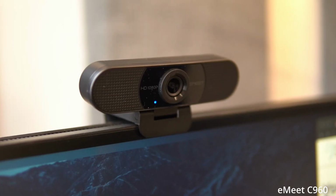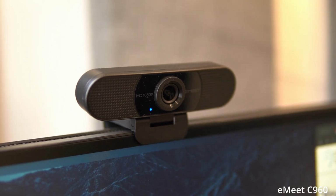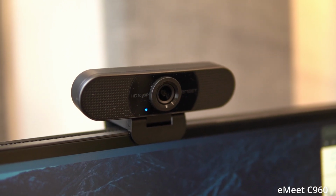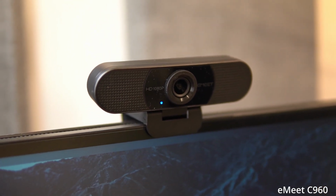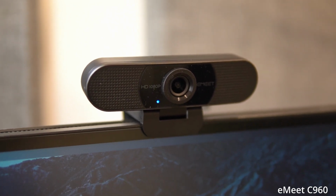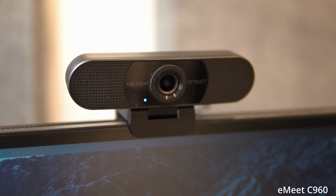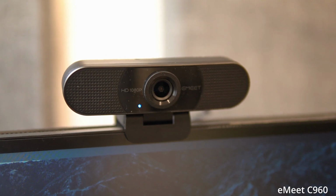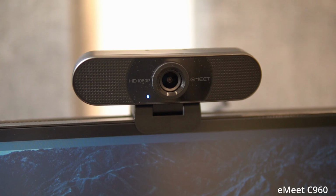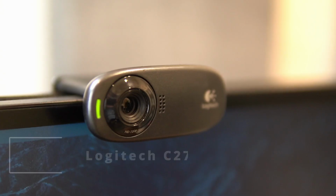All right, so that was the audio test of the eMeet C960, and that sounded pretty good. That's honestly one of the best webcam microphones that I've heard. You can tell in the build quality of this that it's much heavier, it's much larger than any of the other options that we're testing today, and the outside areas, outside of the lens, seemed very large. So I had high hopes. I thought almost it might have a speaker or something like that in there, but it's just the microphones. And they did a good job. They sound good. So pretty impressed with that. So that was the eMeet C960. Next, we're going to jump into the Logitech